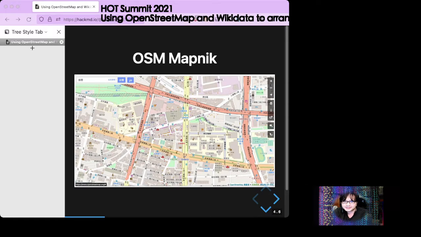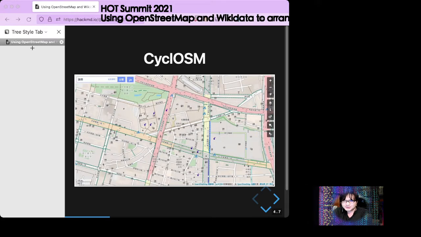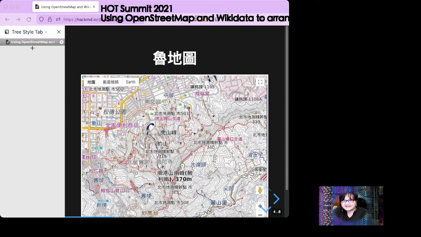Here is the standard OSM Mapnik style. This one is more focused on bicycle infrastructure, the CycleOSM. And I have to highlight this style. It uses part of its data from OpenStreetMap and part from the DEM from the Taiwan government.